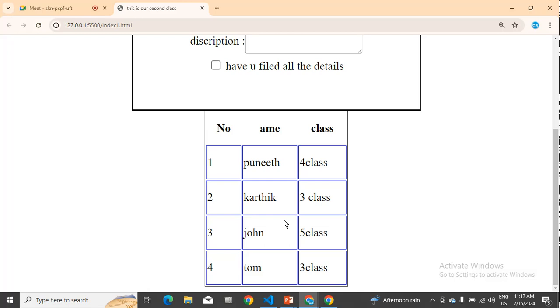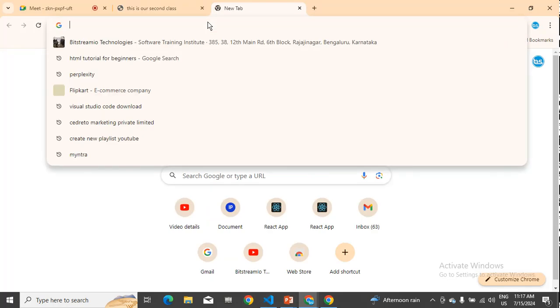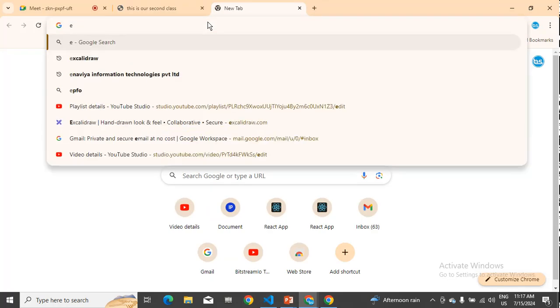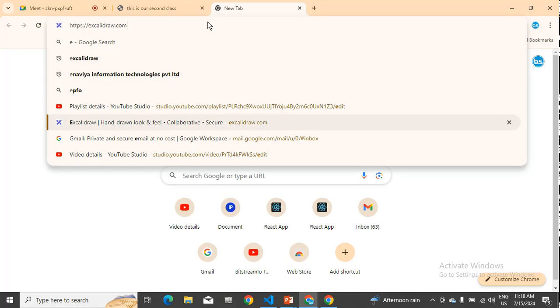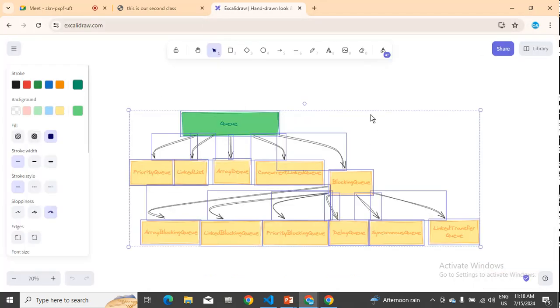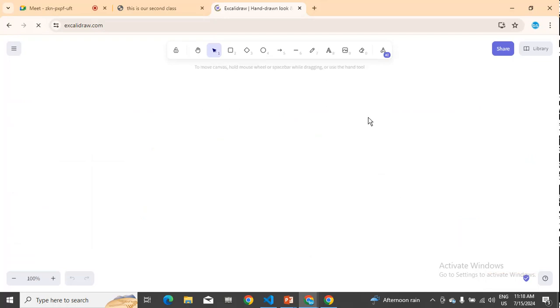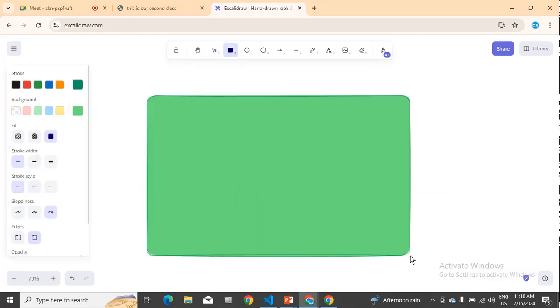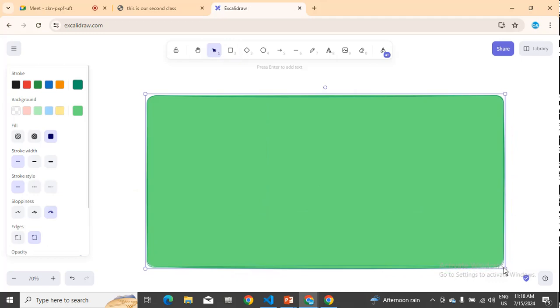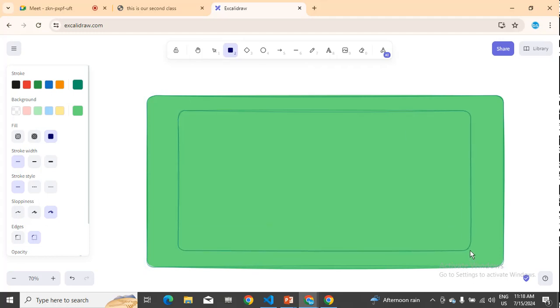So another task which I'll be giving is to create one form. What is the thing that you will be doing? Control A. So what you need to do is, see, this is my table. That table should be in the same green color only, and you will be creating one more thing inside that. So this is one table. Okay, so inside that,